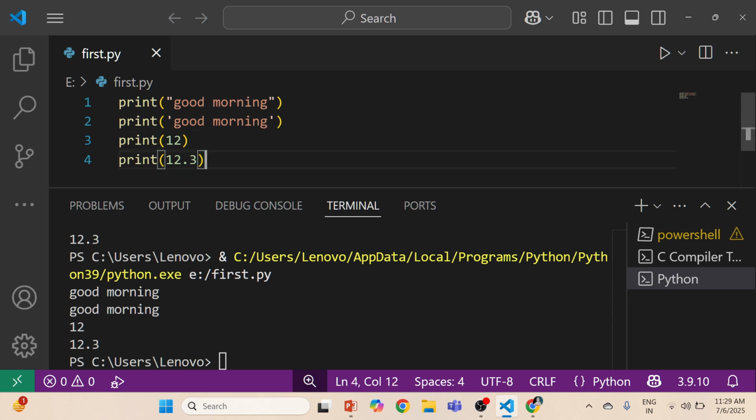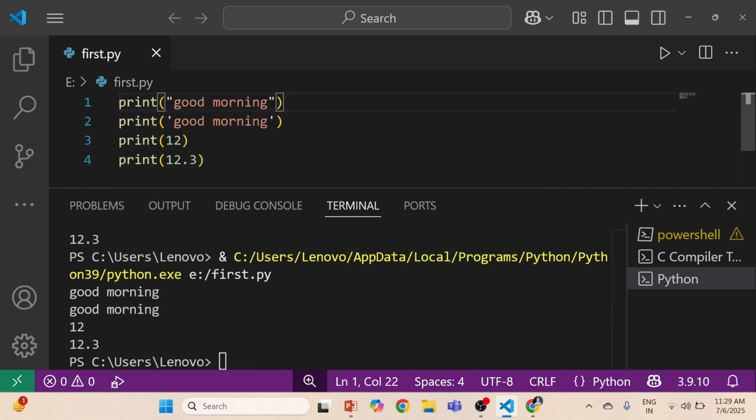Now, what are comments actually? Comments are used to hide a line of code or multiple lines of code. They are used to hide something from the compiler. The compiler cannot see that code, so it cannot run it. So there are two types of comment, as I mentioned, single line and multi-line. Single line comments are written using a hashtag. They are placed before the statement.